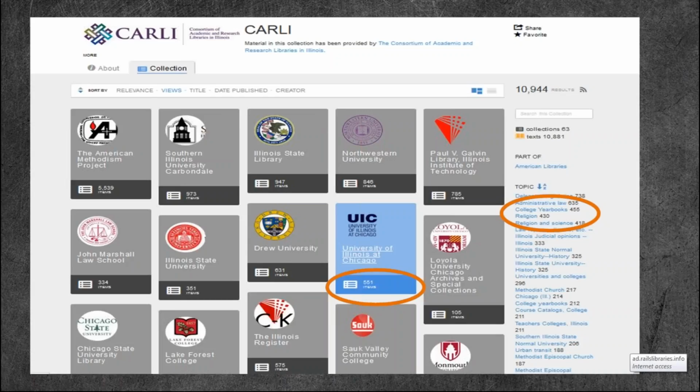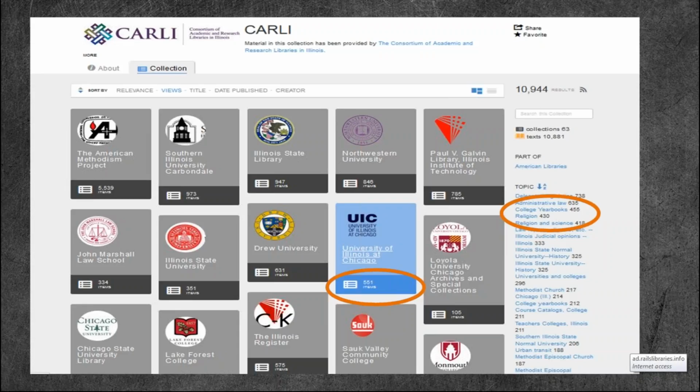And even though I know I mentioned that I wasn't going to talk about online resources, I am going to throw a few your way from time to time, just to kind of get you thinking about the types of things that universities or archives or museums might have available to you. So if you go out to that link that I provided, you can see all of the libraries that participate in this throughout the state of Illinois. And in the upper right-hand corner, it tells you that there are almost 11,000 items that our local universities and colleges have been digitizing across the state and putting online and making available to us free of charge.